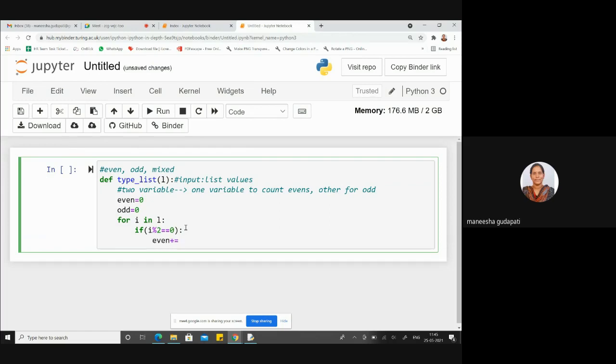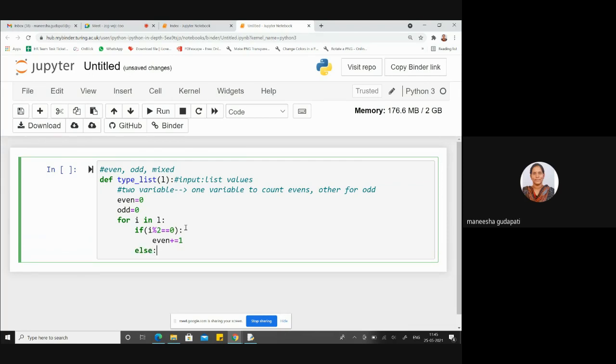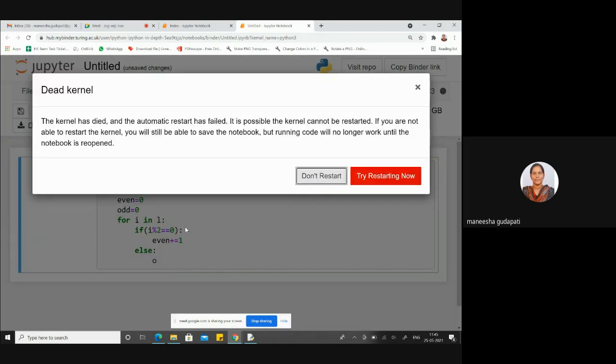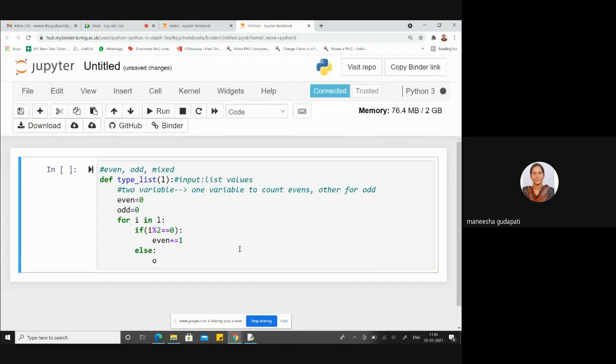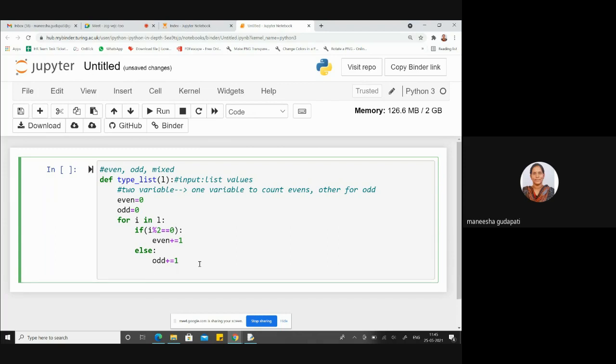If the number is even, I will increment the count of even numbers. Else, that means the number is not even, so I can increment the count of odd. Next. After completion of checking all the elements in the list,